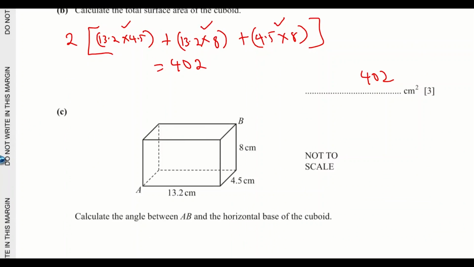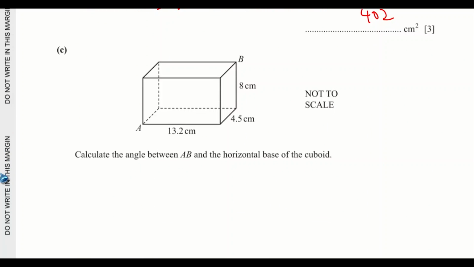So part C here, calculate the angle between AB and the horizontal base of the cuboid. So what we need to do now is draw a line to the base like this from A, and take that again to this place. So that is the base. Then the angle between AB and the horizontal base, so between AB now, say AB will be this,